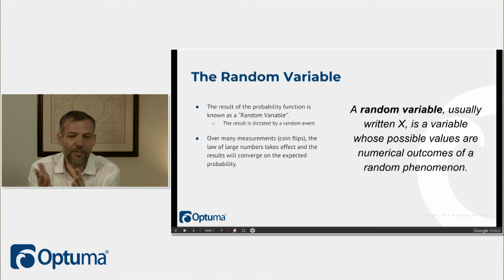So again, this definition: random variable, usually written X, is a variable whose possible values are numerical outcomes of a random phenomenon. Don't you love these theoretical definitions? Basically, it's really just the P(x) or P(heads) or whatever. That's what the random variable is. Over many measurements, like coin flips, etc., the law of large numbers takes effect and the results will converge on